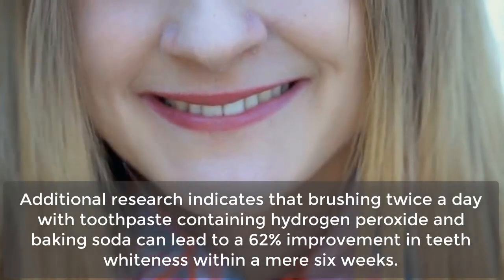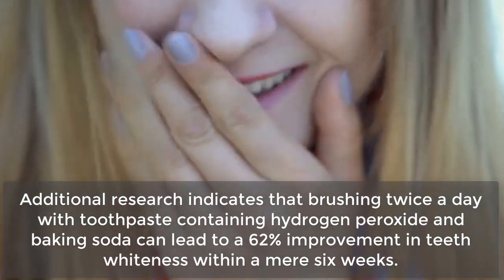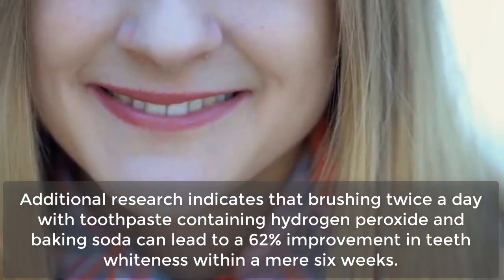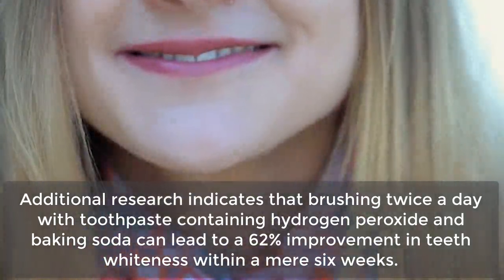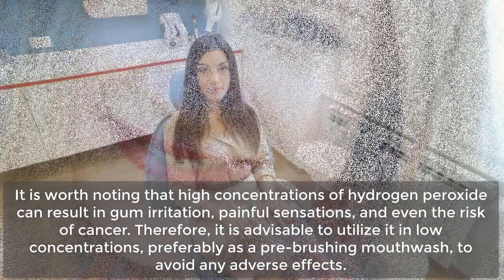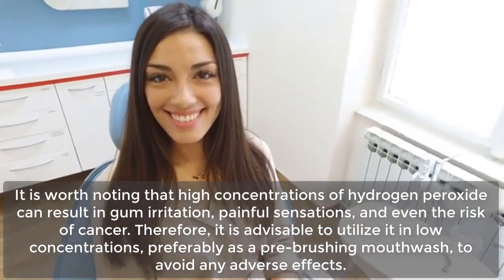Additional research indicates that brushing twice a day with toothpaste containing hydrogen peroxide and baking soda can lead to a 62% improvement in teeth whiteness within a mere 6 weeks. It is worth noting that high concentrations of hydrogen peroxide can result in gum irritation, painful sensations, and even the